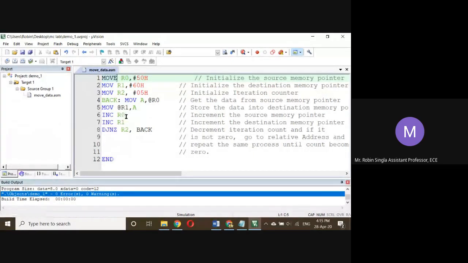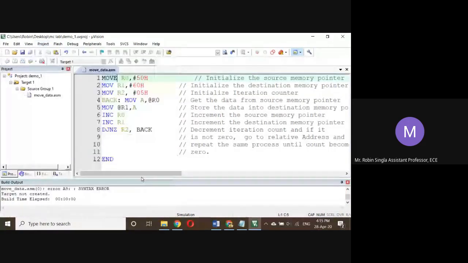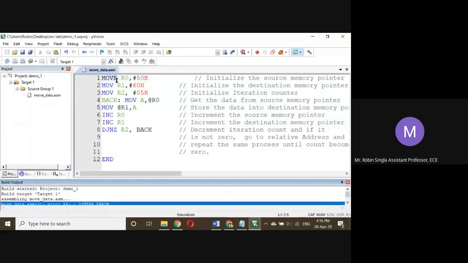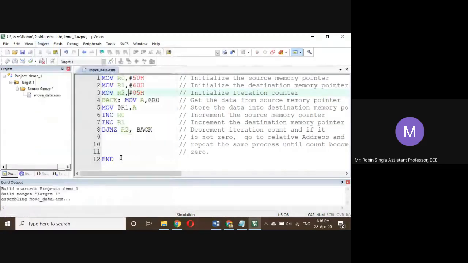Now I will save it and I will build the target. Okay, now it is showing syntax error. Understand? Now you correct it. Every time you change anything in your program, you have to save it, and after saving, you have to build the target. Okay, now zero errors.